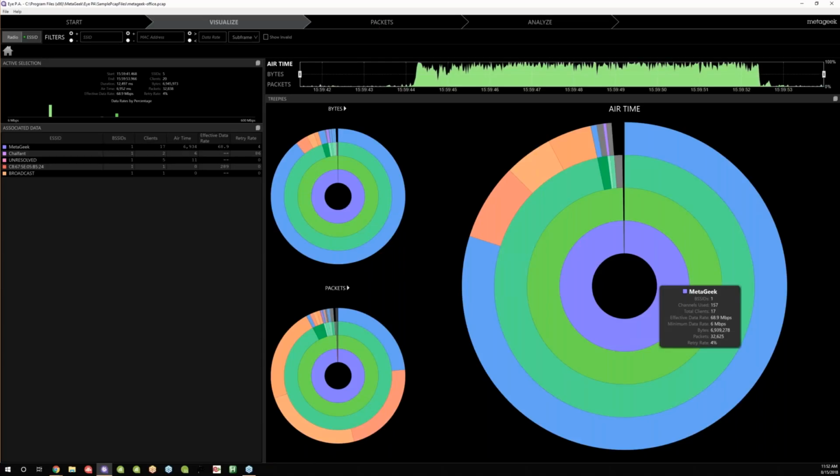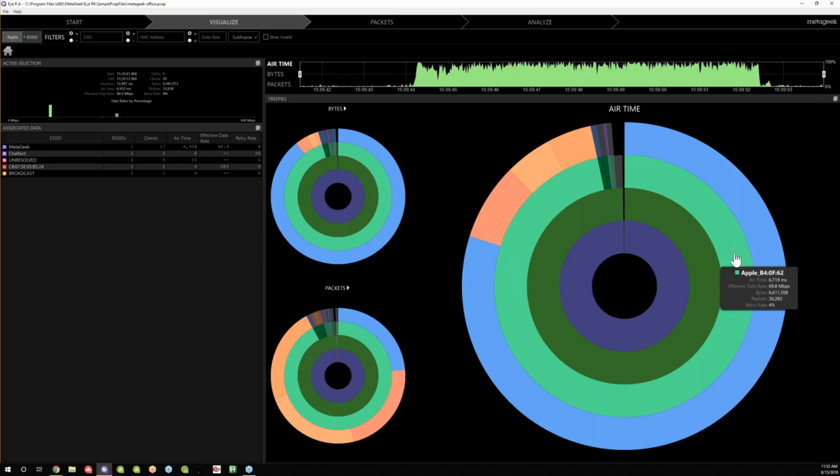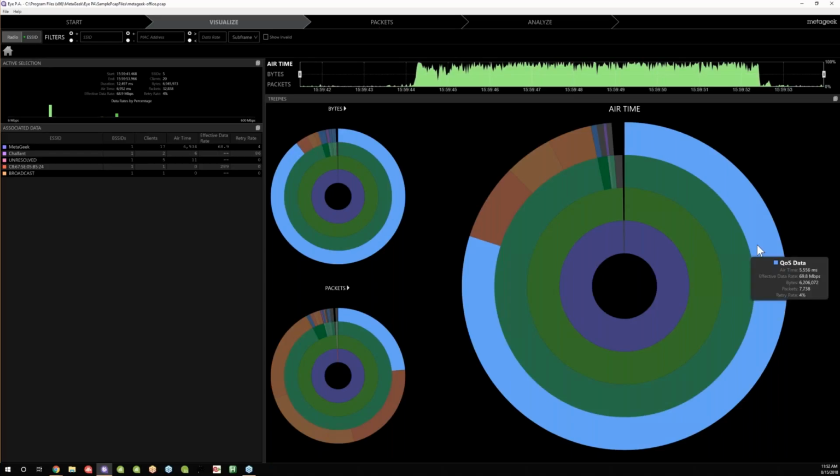If you start at the first ring out, you see the network that you're on. You go one more layer over. This is the access point, labeled the Plank here. That's right next to me. And if you go one more layer over, you can see that Apple device. This was my iPhone at the time, and you can see all that data, which was taking up,